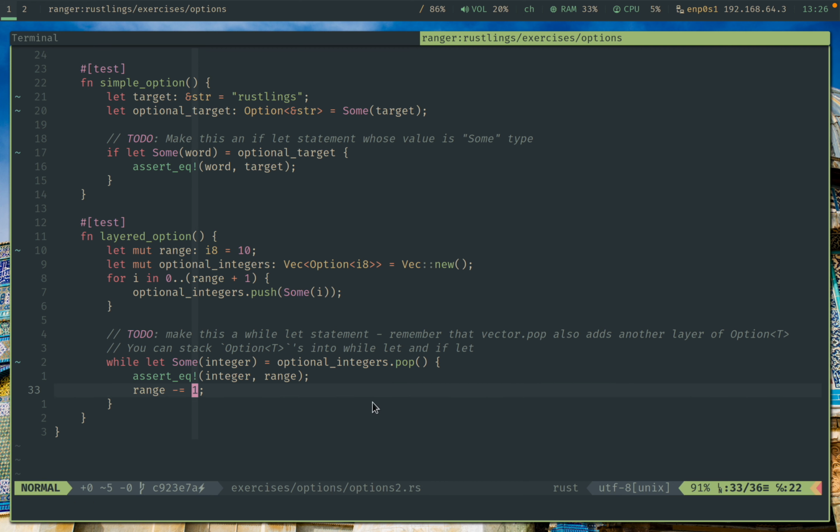And then again, same thing, optional integers, this vector will get popped, so the popped value will be Some 9. We will unwrap this like that. We have here 9 in the variable integer, and then we have 9 equals 9, and so on and so forth. So let's see if it's compiling,